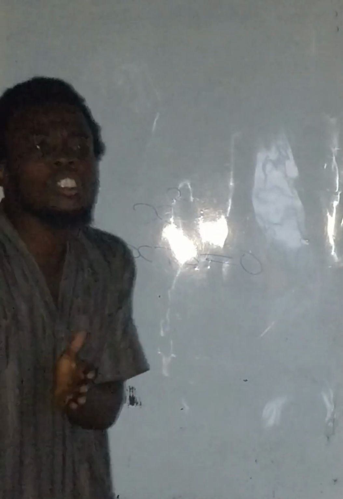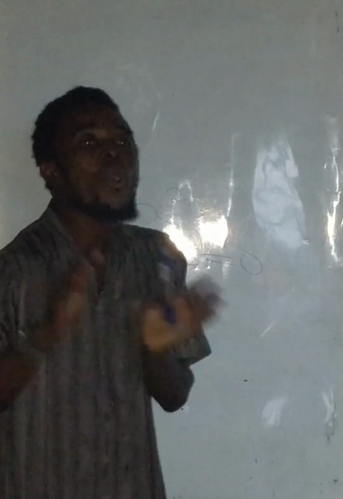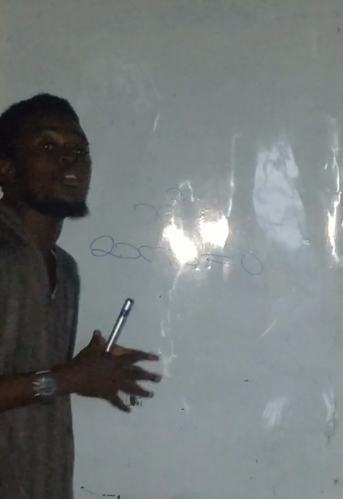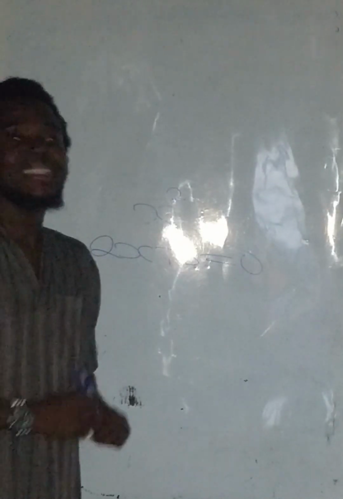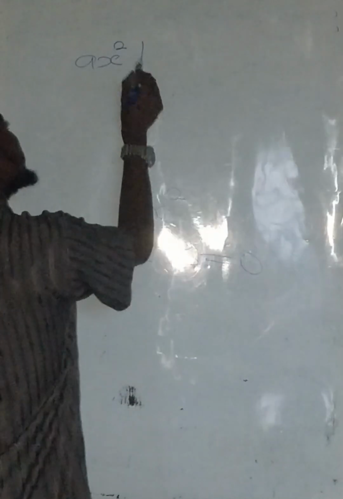So what is a quadratic equation? Look at the word quad. Alright? This is not quadrilateral, but quadratic equation. And what is a quadratic equation here? A quadratic equation is any equation where we have the highest power of the variable to be 2. Alright? That is, we have ax squared